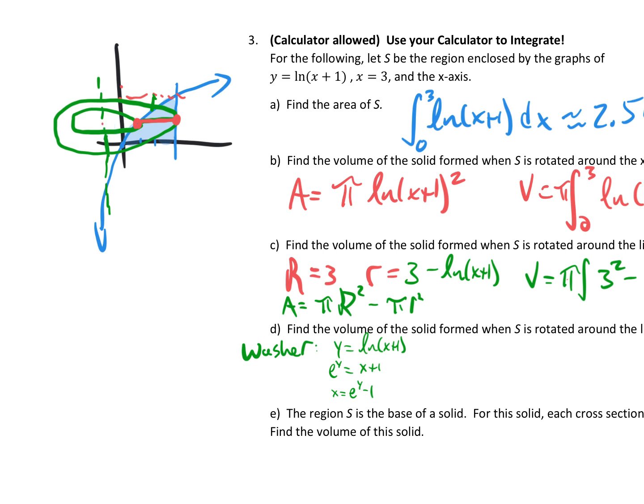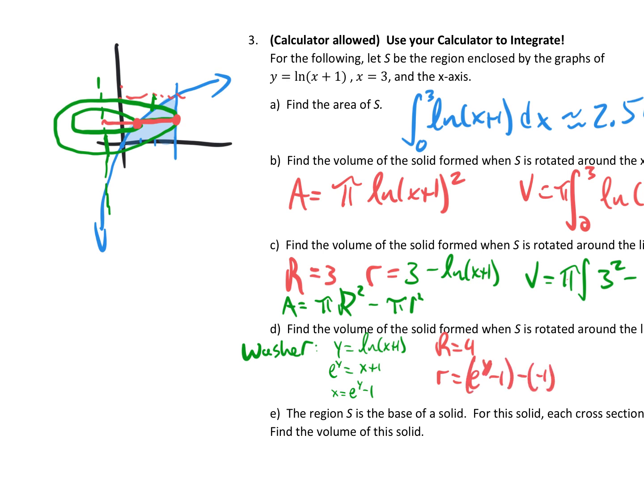We want to know this big radius. The big radius is going to be 4, right? Because this line is at 3, and this at -1, so it's at 4. So big radius is going to be 4. Okay, the inside radius right here is going to be the function minus this x value, which is -1. So the little radius is going to be our function e to the y minus 1